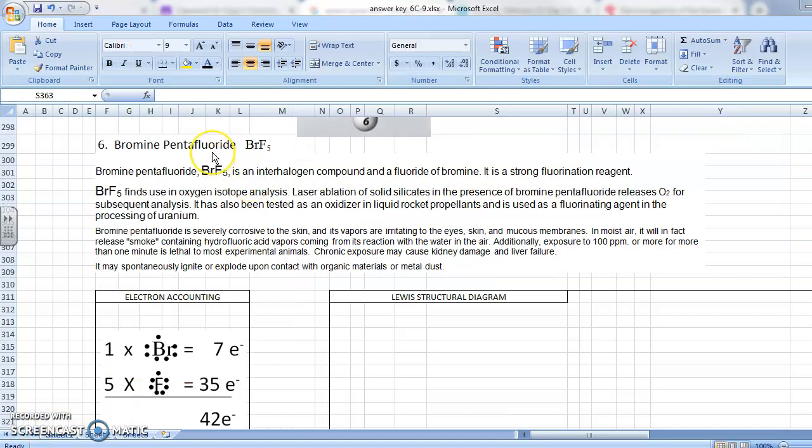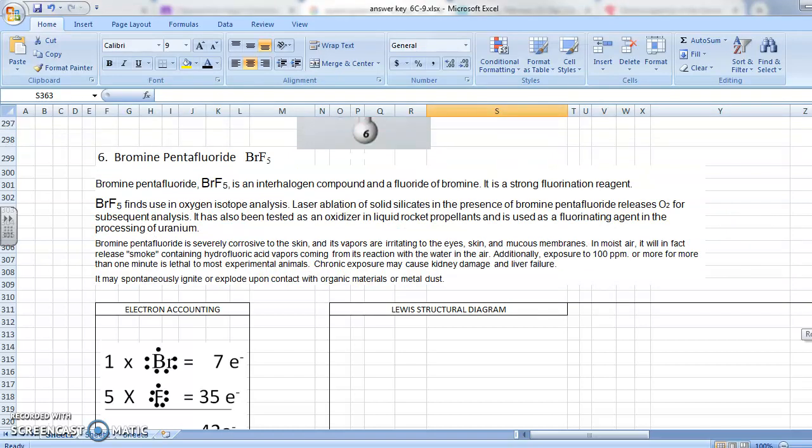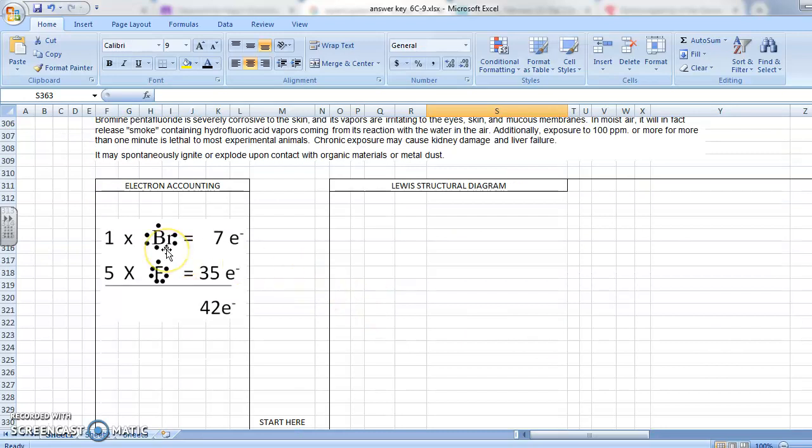And now we're taking a look at problem number 6, bromine pentafluoride. Bromine's the first element listed there with 5 fluorines after it. So bromine will be our central atom. Bromine's a halogen. It has 7. We've got 5 fluorines, which are also a halogen, Roman 7. That's 5 times 7 is 35. We're working with 42 electrons,